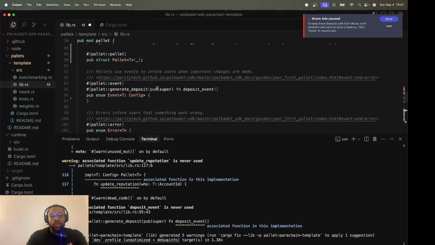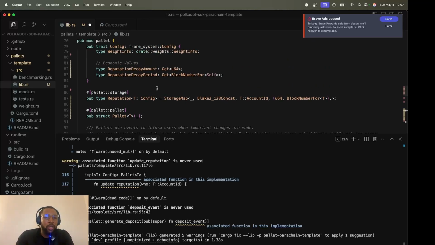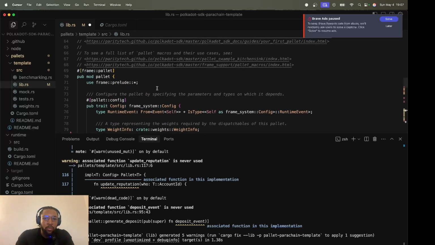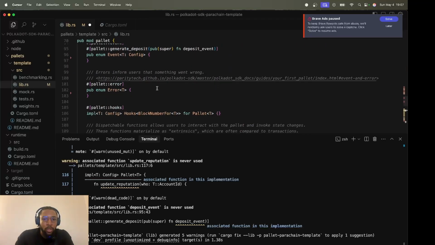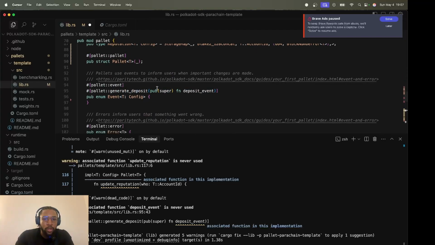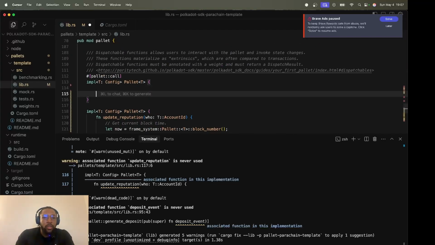So we have to create the extrinsic that would use this function, or either put this function inside one of the life cycle functions, either on initialize or on finalize or on idle, any of the life cycle functions that you think would be helpful to your use case. But I think we should just create a call first. Let's create a call.